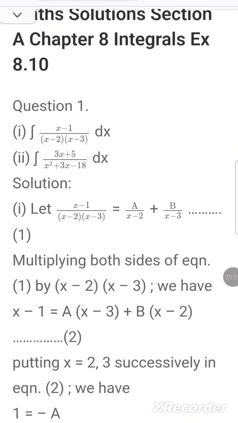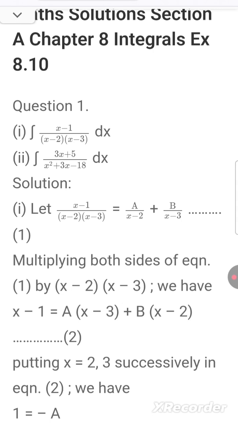As you have seen how partial fractions are applicable in integration, especially when we find the denominator can be factorized into two or more factors. Maybe each factor in the denominator can be a linear factor or a quadratic factor. But first of all, we have to check whether it is a proper or improper fraction, which has